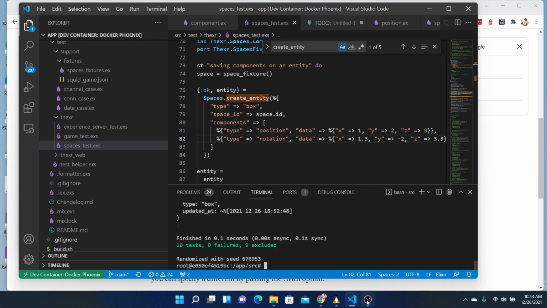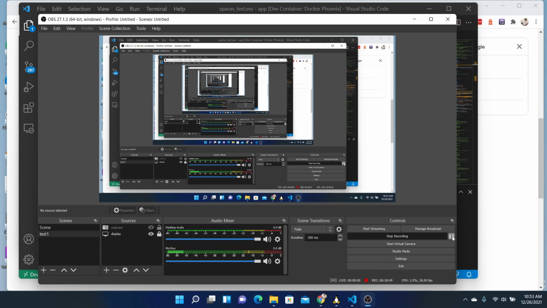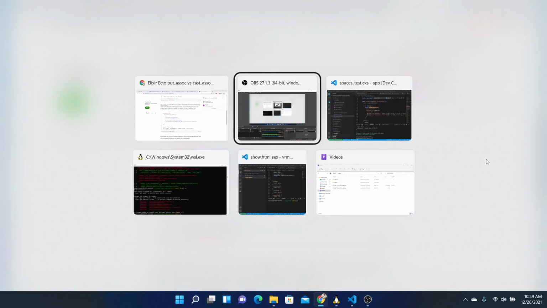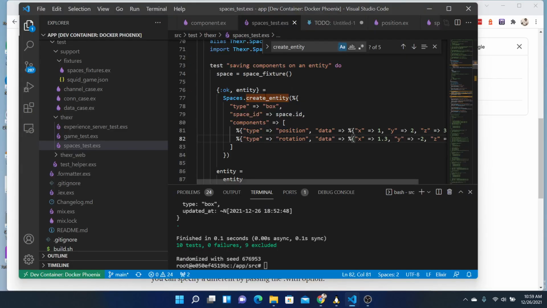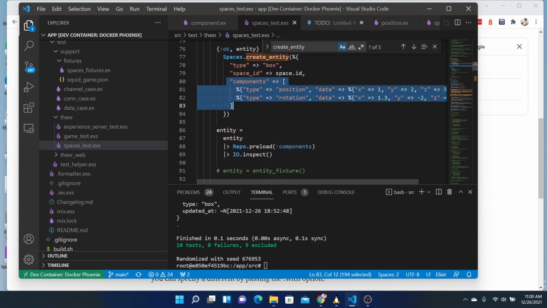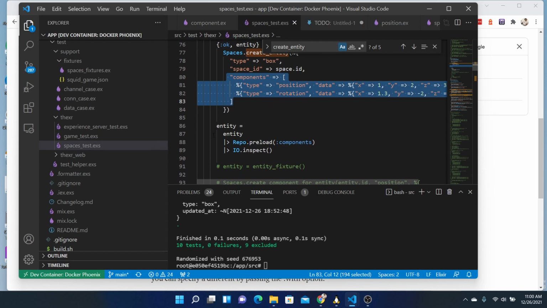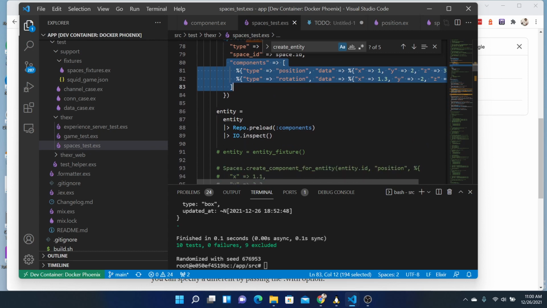Okay, this is a good place to pause. So what we have now is the test that says we can create an entity that's a type of box, belongs to this space, and it has these components. But can we automatically create these components, or at least default, which is at the origin with no rotation and no scaling, just by specifying box? And then we ensure that when we preload this,